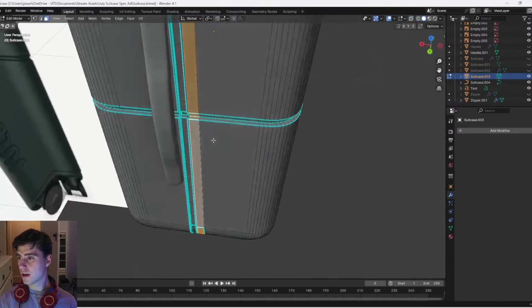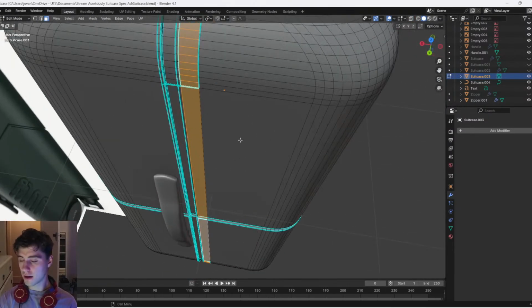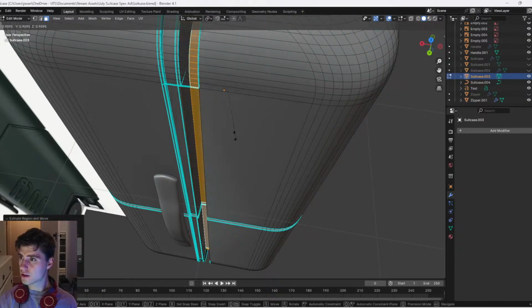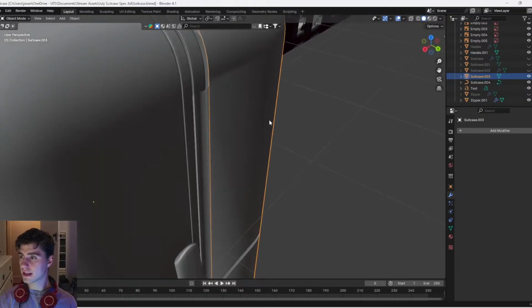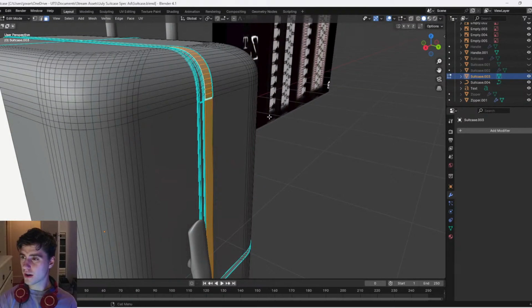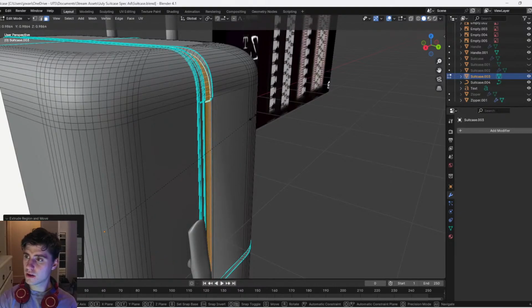Cool. And then if I drag them in a little bit. How's that looking? Not great. Okay. What if I inset it? No, that doesn't work either. Okay. So,